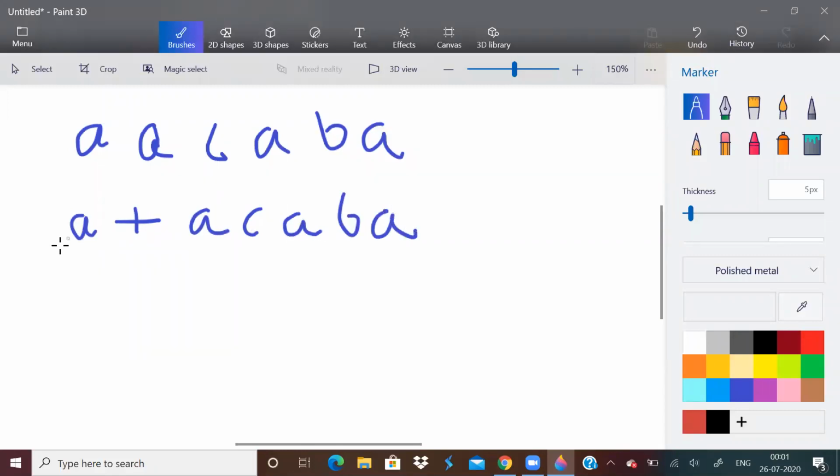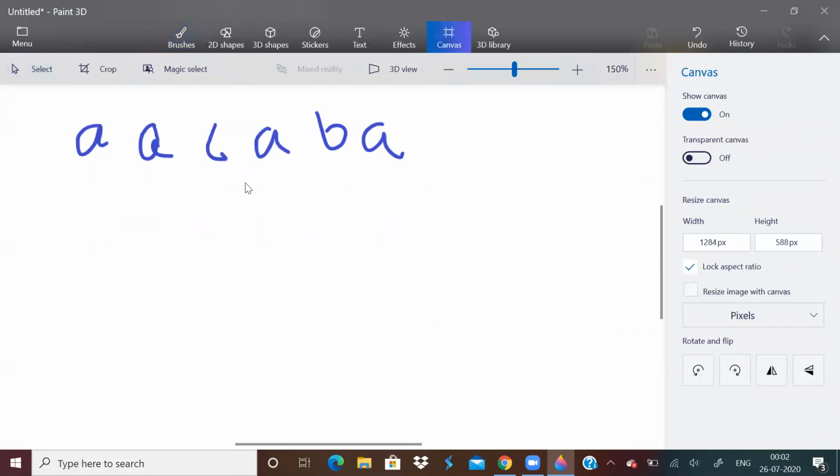The number of distinct characters in this string is 1. The number of distinct characters in this string is 3. As we can see, the number of distinct characters in both the strings are not equal. Hence, this is not a good split. I hope you're understanding what is a good split.